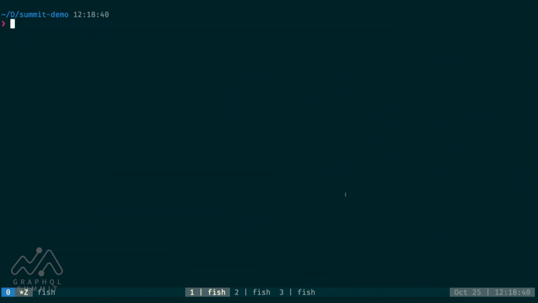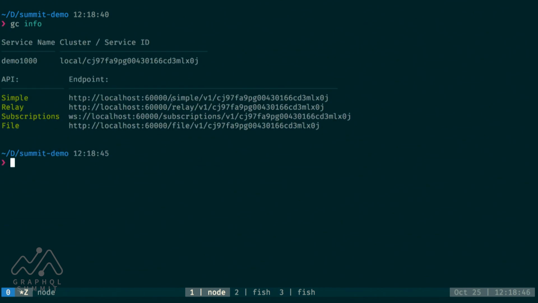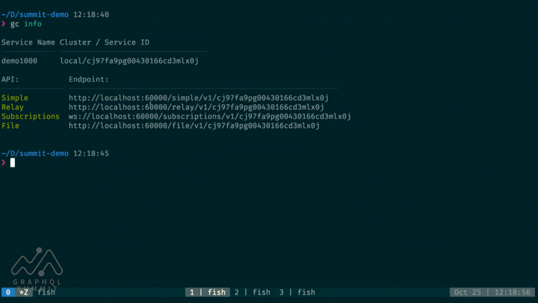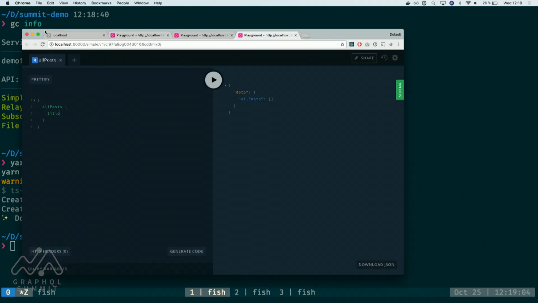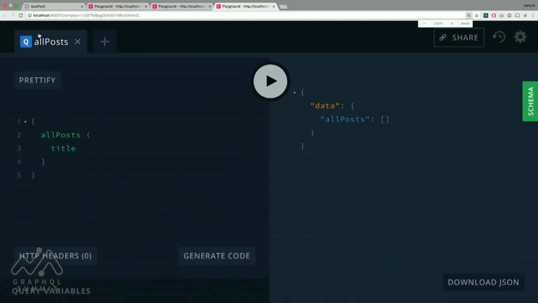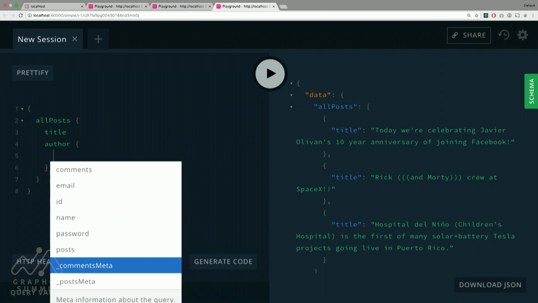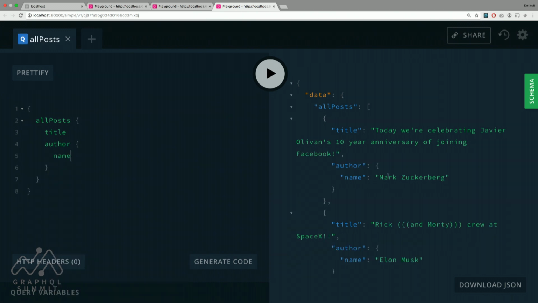Let's actually take a look at the API, which should be empty. So we can say all posts. We don't have anything in here, but I've prepared a little seed script. Let's make this a bit bigger. So here I have all posts, and the little data set I've prepared is from a couple of